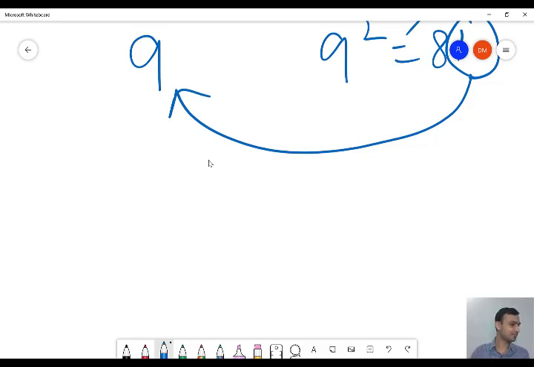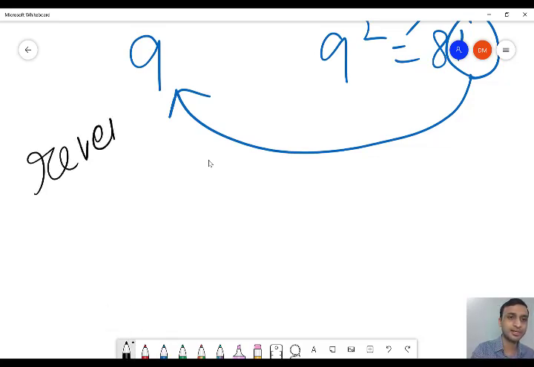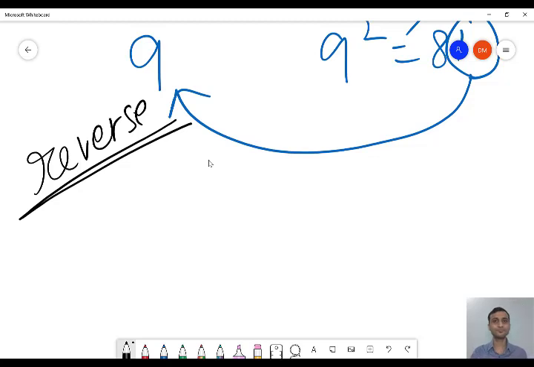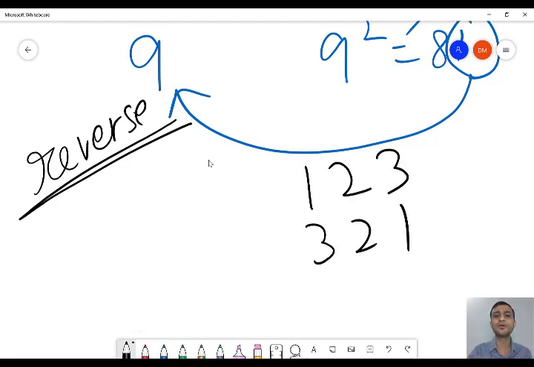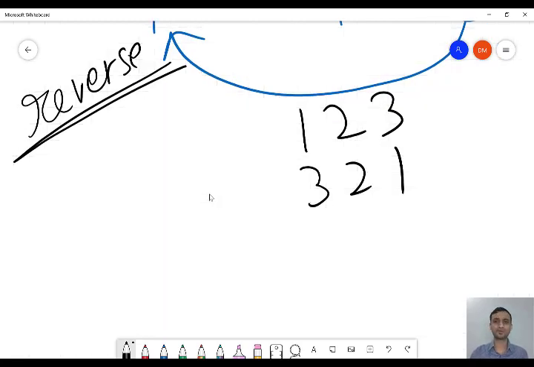it is asking, write a program to input an integer number and generate and print the reverse number of it. Now this is another important program, that is reverse. Here we are going to extract the digit, that is fine. But after extracting, you are going to reverse it. You have to reverse a number. For example, if it is 123, your answer will be 321. So let us write a program for this.